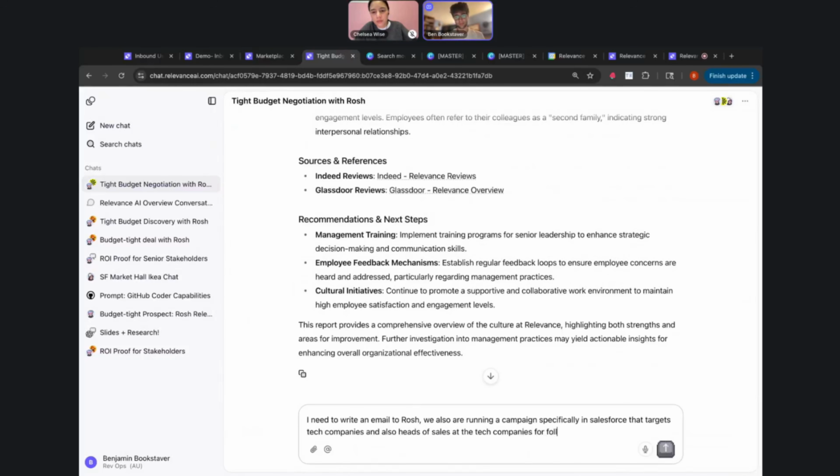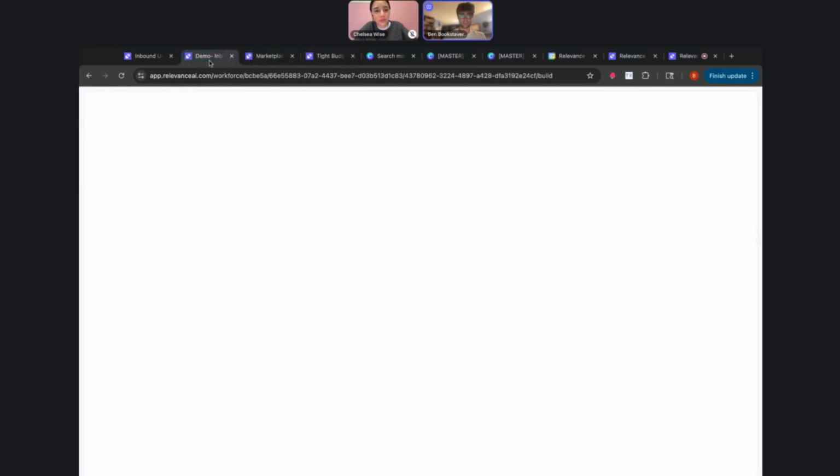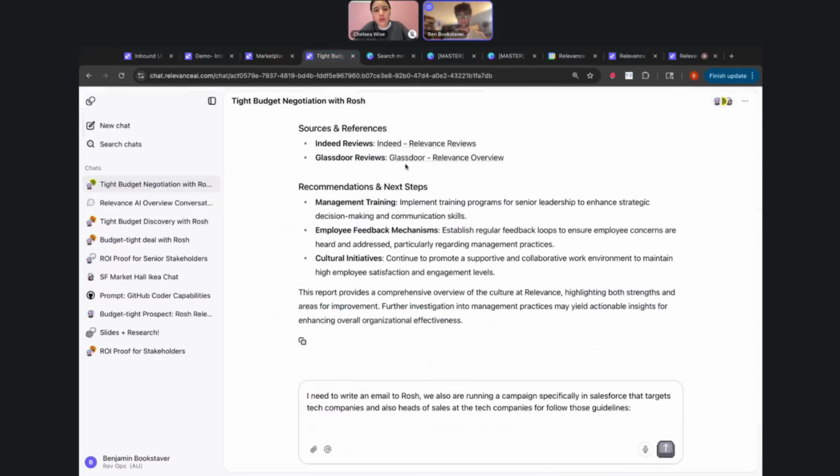So follow those guidelines. I'm not going to send this chat because this is a demo of how I would use it. And then you just input them right here, or you can have them stored in the context of this agent here, right? So by the time you're ready to write the email, the agent context, or at least the chat context, has a really good understanding of your task and can execute it really well because it has so much multifaceted support from these lighter scale agents, right?